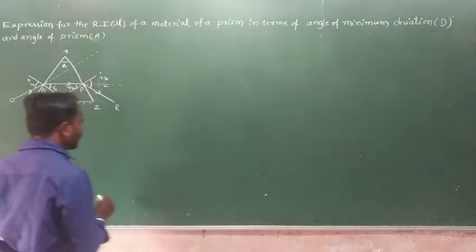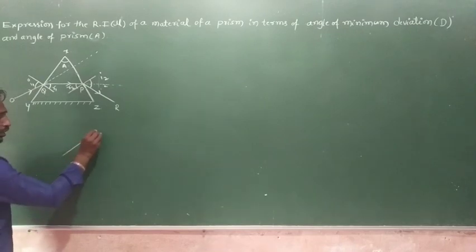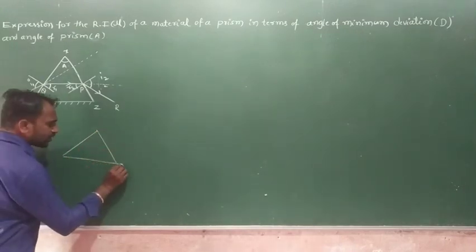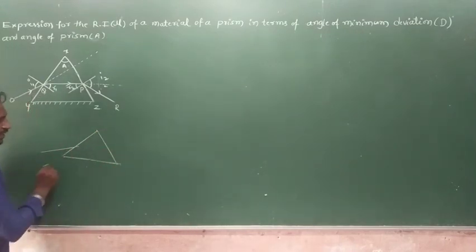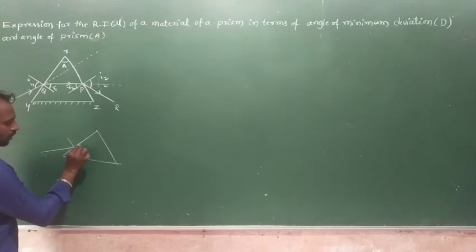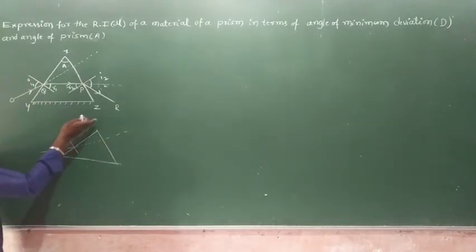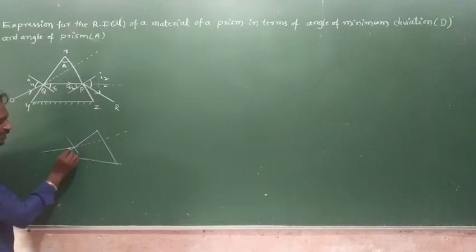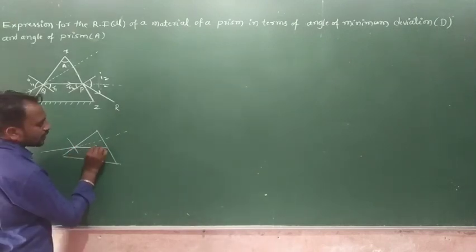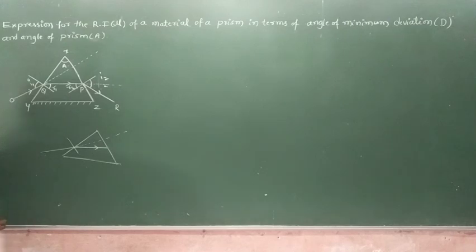Because of the angle of deviation. So angle of deviation means, suppose this one is the incident ray and a normal, and this one is the extended incident ray. When the light ray is incident on this surface, a refracting surface, then what happens? It undergoes the phenomenon of refraction. So this one is the refracted ray and this one is the extended incident ray.